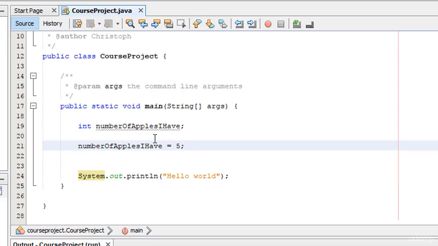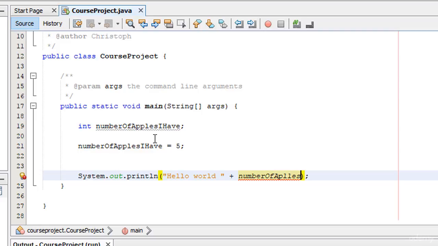And if I want to print out this number again with System.out.println, I can simply add it at the end here. I say plus and then number of apples